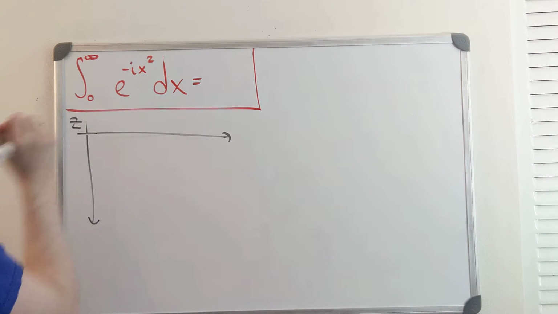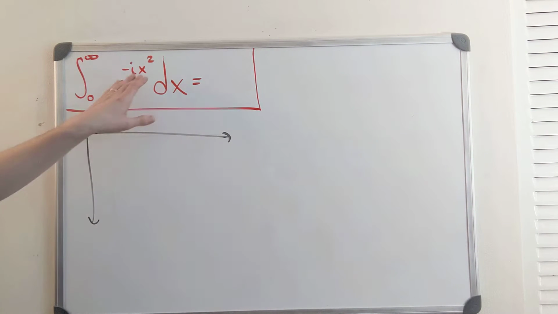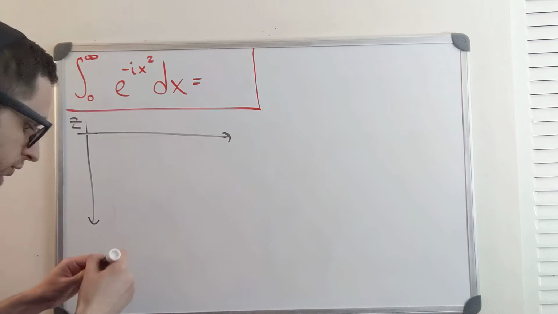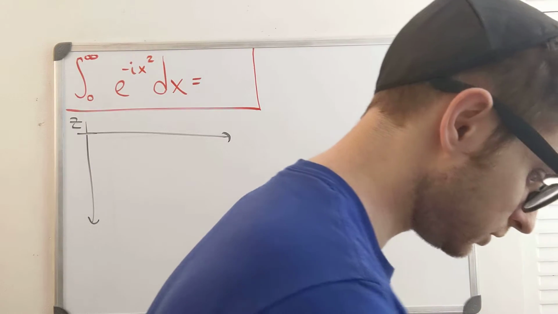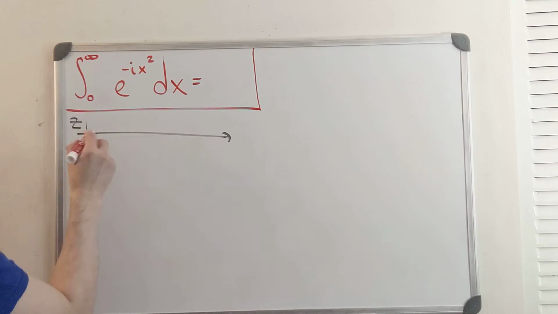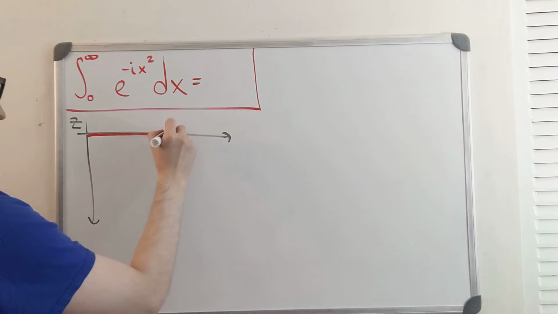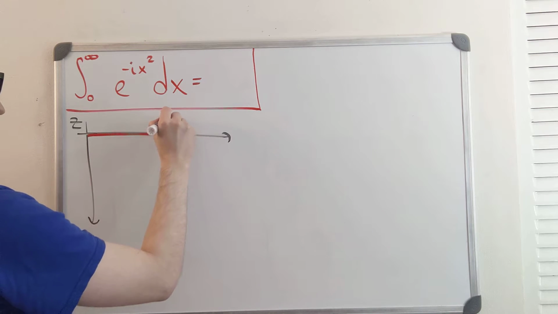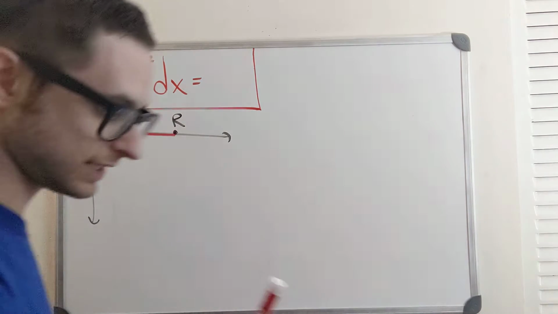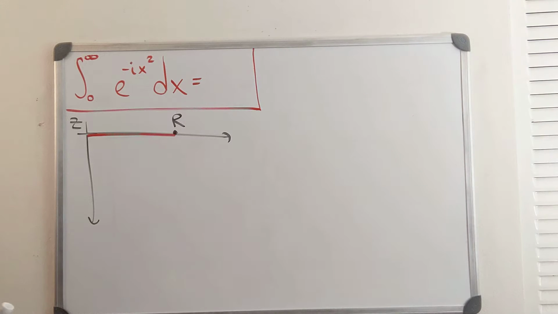So here's the z-plane. I'll consider this x variable as if it were actually z, a complex variable. And I'm going to integrate along 3 different contours. This first one I'll call alpha. It goes out from 0, from the origin, to this point on the positive real axis, r. Later on, I'll take the limit as r goes to infinity, and that's going to end up providing me with